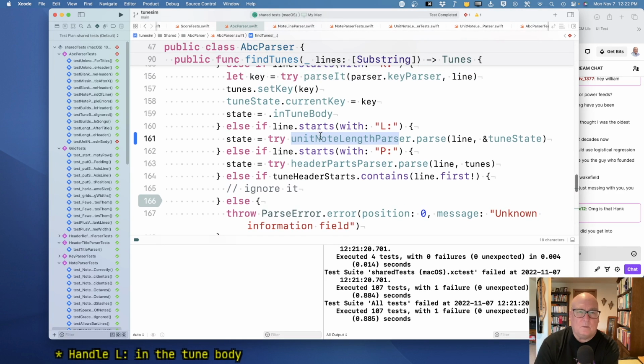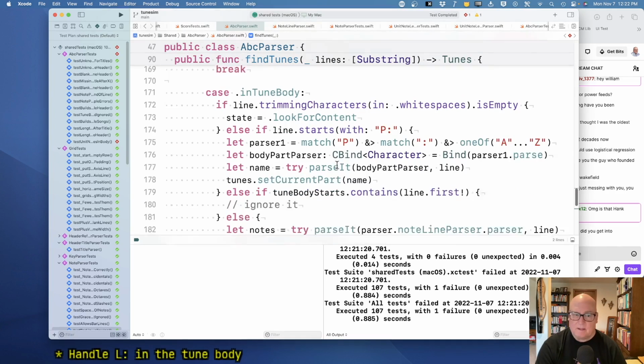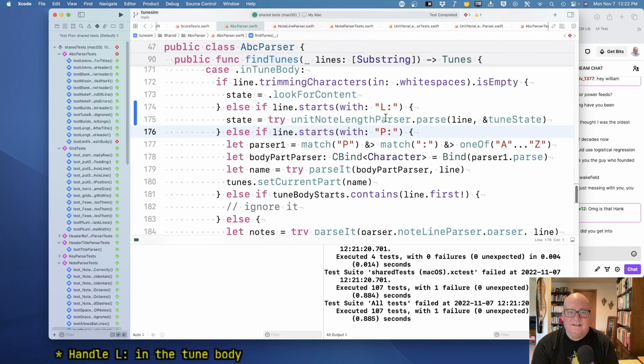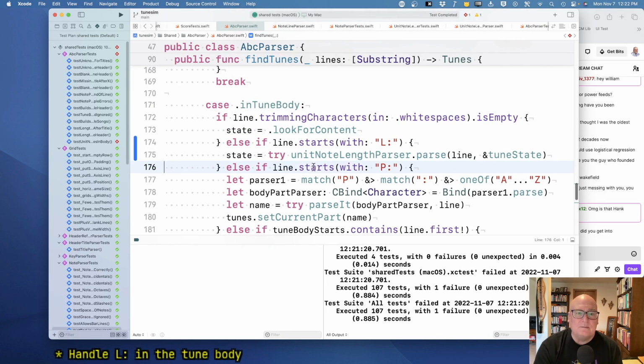Okay, we basically want to do this same kind of thing, but I think we're just going to find out, well, it's not going to work. Okay, so anyway, if we're in the tune body and a line starts with the L,